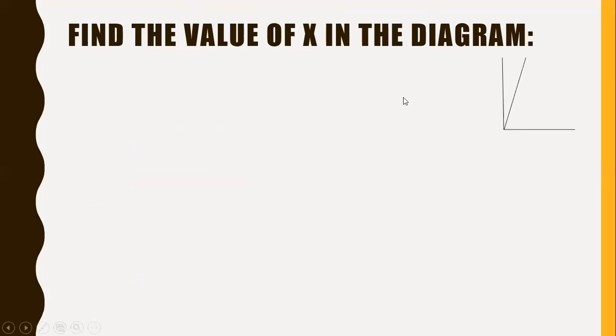Excellent. Now, next question. Find the value of x in the given diagram. Now, here you can see the diagram. First of all, tell me according to which angle we have to solve this question. According to which angle? Supplementary or complementary? Very good. So, according to complementary angles, we get x plus 5x is equals to,